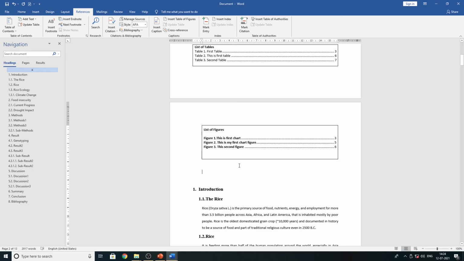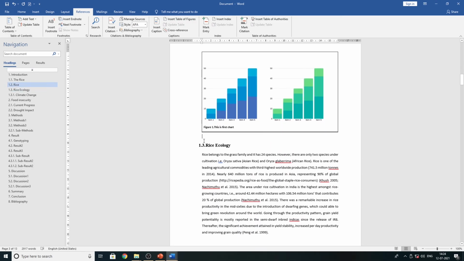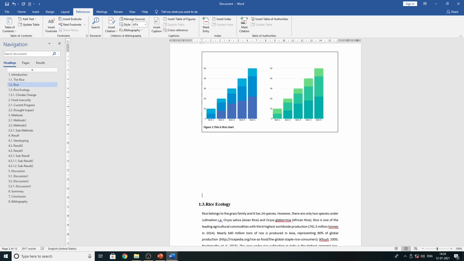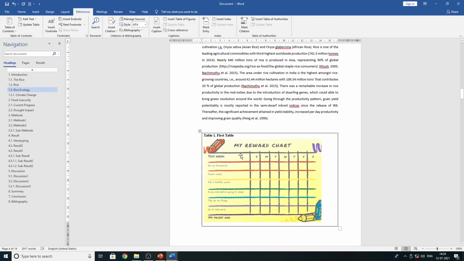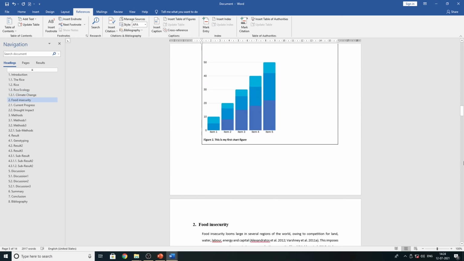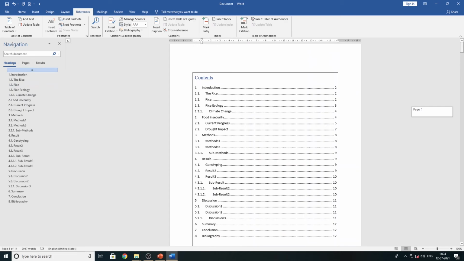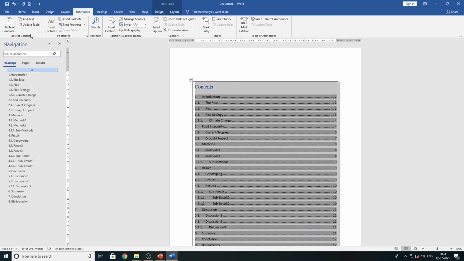If you want to make any corrections, suppose I am going to change this one. See, according to that, all page numbers of these documents I am going to adjust automatically. So for that purpose, you have to select the table from here, right, go to the reference tab and hit update table.